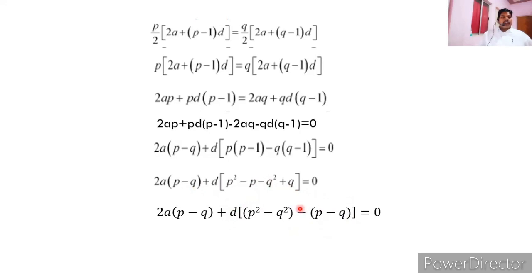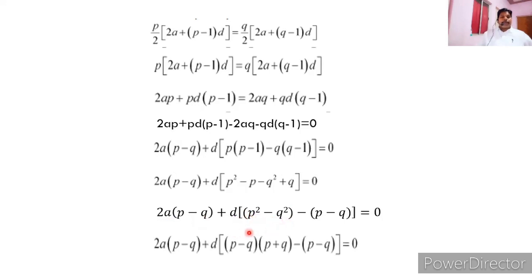I am taking the minus common. Why have I written it like this? P square minus Q square is in the form of A square minus B square, and A square minus B square can be written as A plus B into A minus B. So you can write 2A into P minus Q plus D into P square minus Q square,